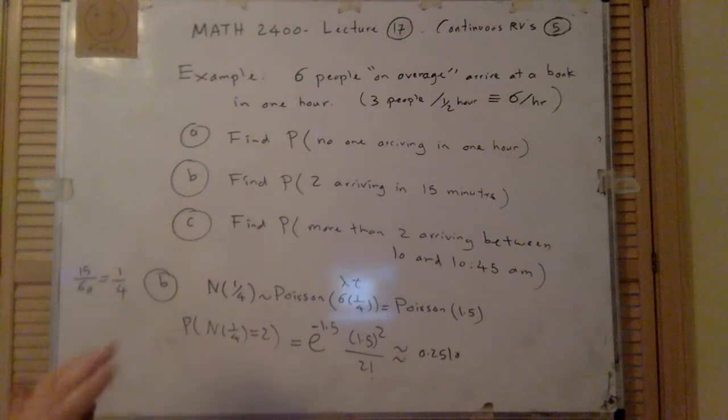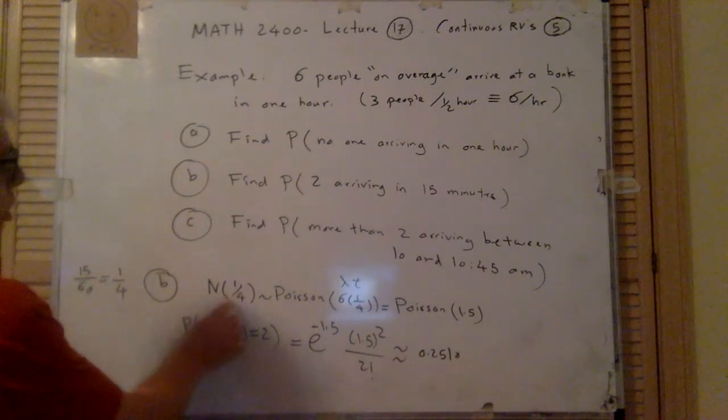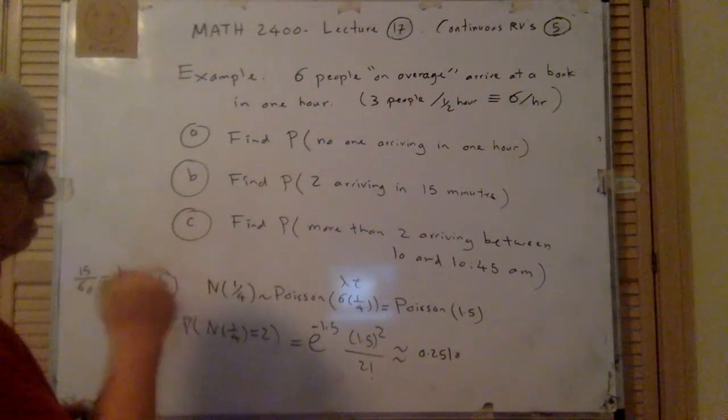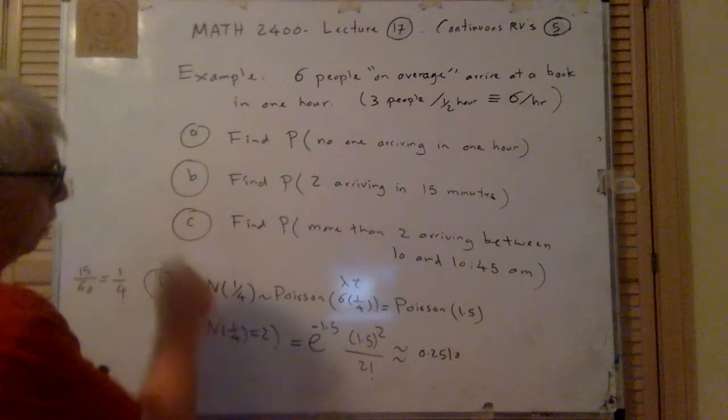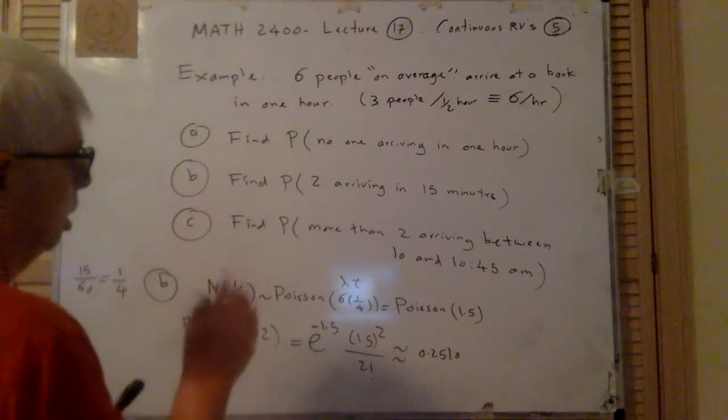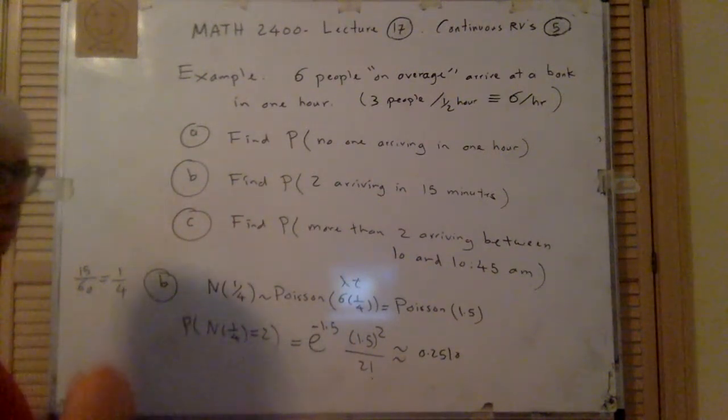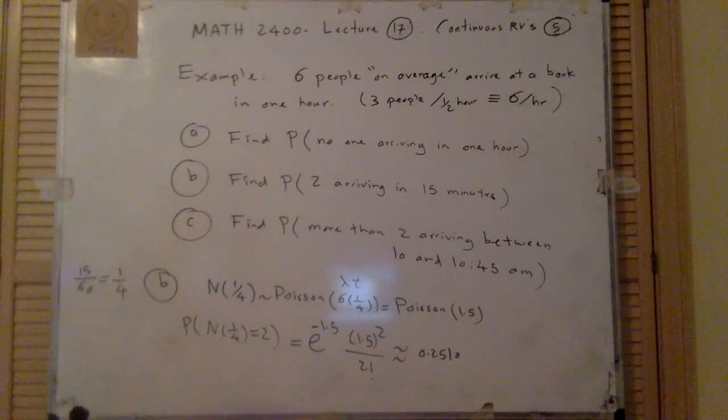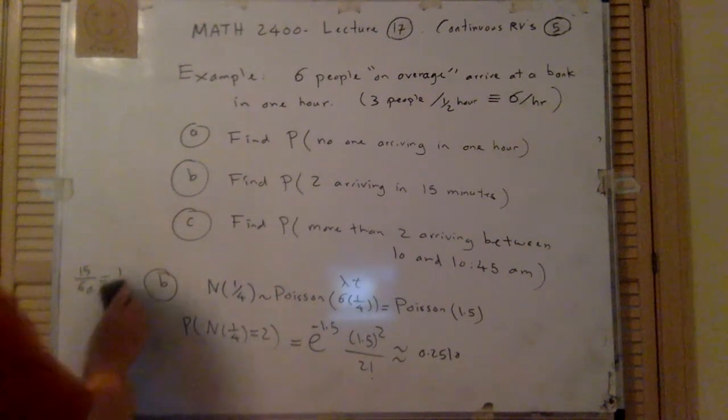Okay, so this should give you some idea how to solve Poisson distribution problems. You have to come up with this number here. It tells you in this period. So if you are given lambda, the average, then turn that into something like this. So find that t. And part C,